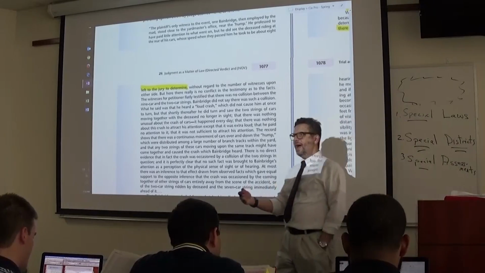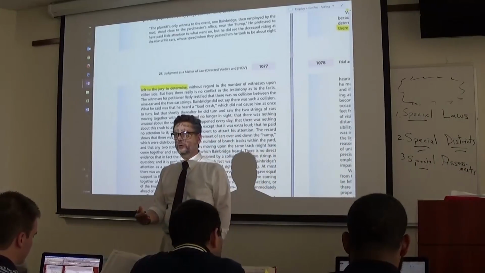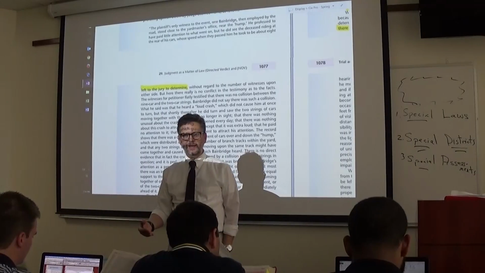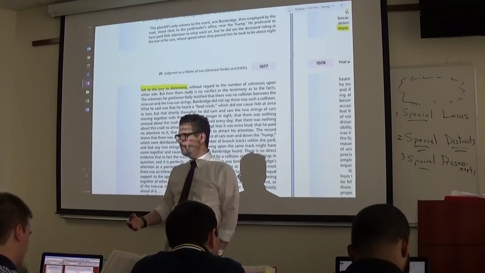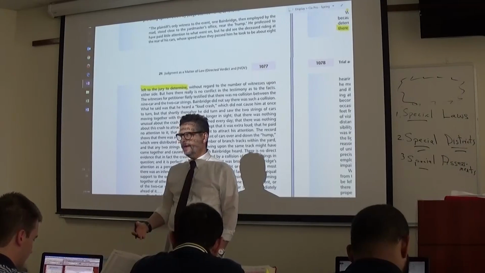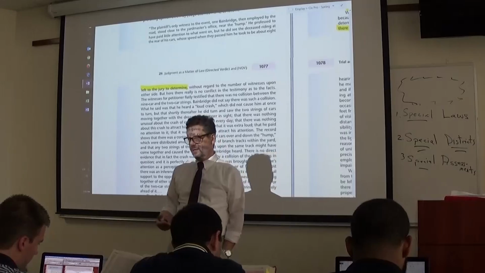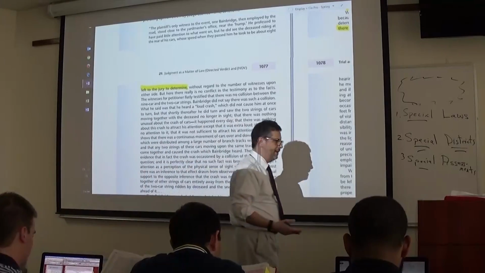And here, we don't have a direct conflict on whether the cars crashed, right? We have defense witnesses saying cars didn't crash. We have one plaintiff witness saying that he saw the cars headed, one was faster than the other, and he heard it crash. Exactly? All right, yeah. So,